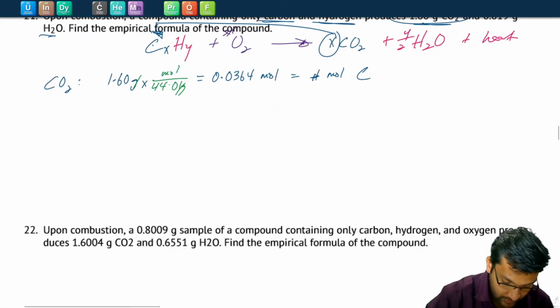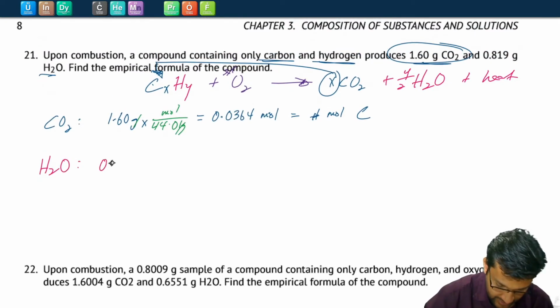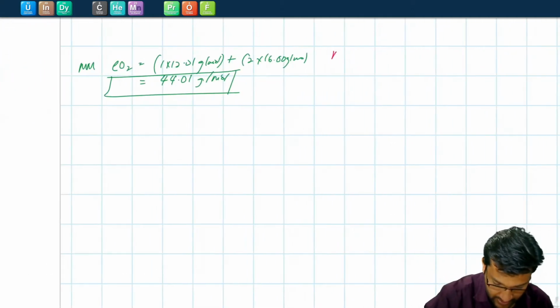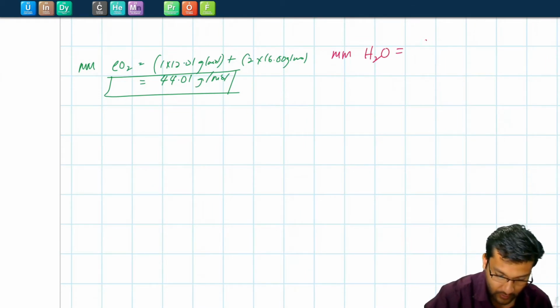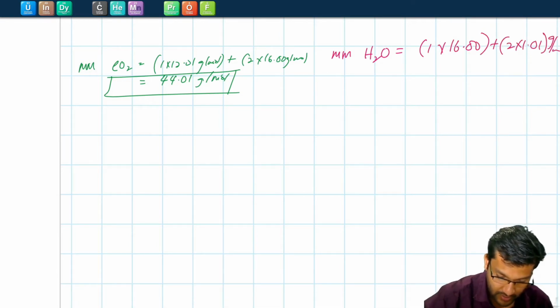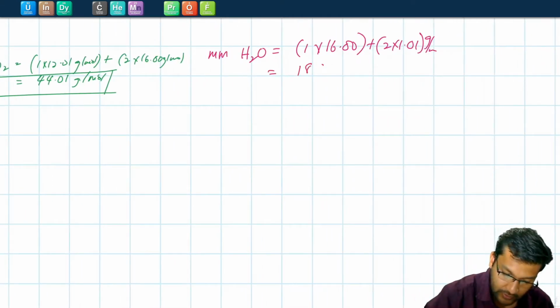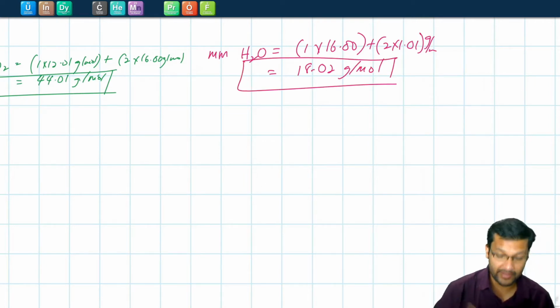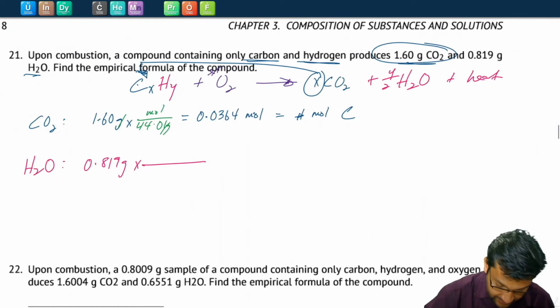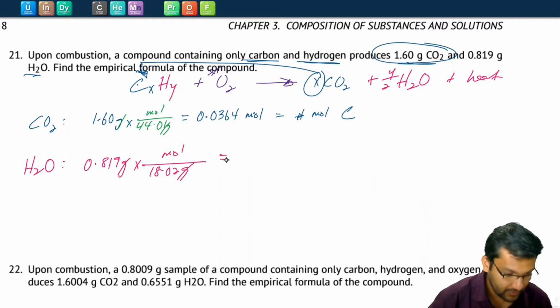Okay, let's look at water now. For water, we ended up with 0.819 grams of water. We need to divide by the molar mass of water. So the molar mass of H2O is 1 times oxygen plus 2 times the molar mass of hydrogen, grams per mole, and that comes out to 18.02 grams per mole. The molar mass of water, again, is one you'll use often, so you might want to memorize it. Okay, so we divide this by 18.02 grams per mole to end up with